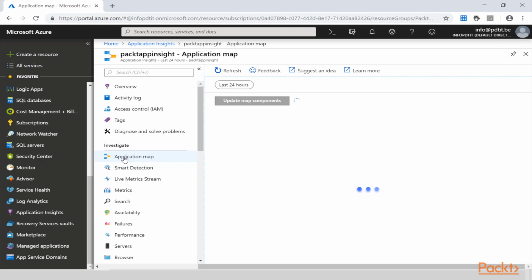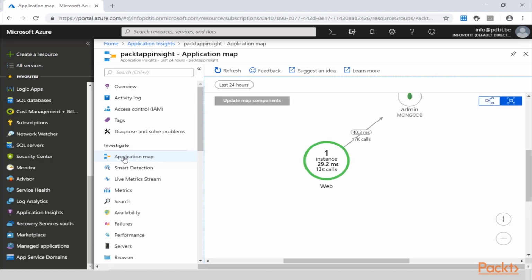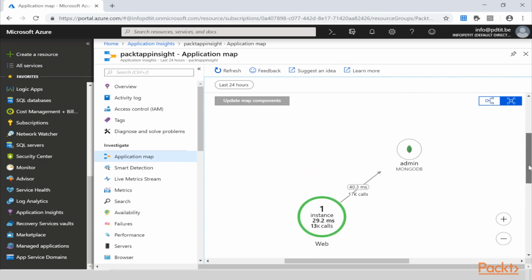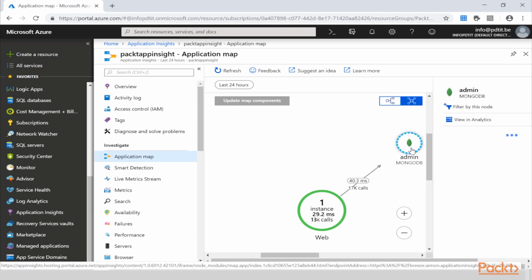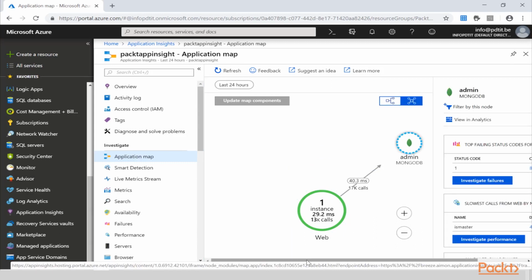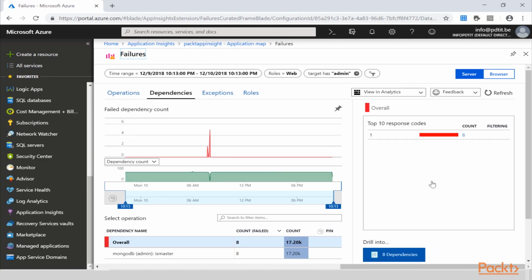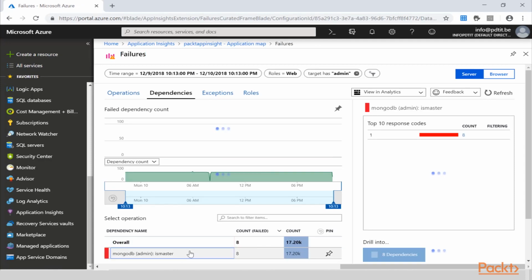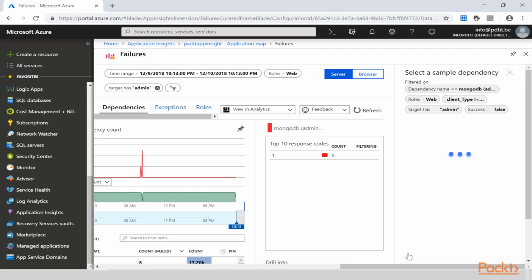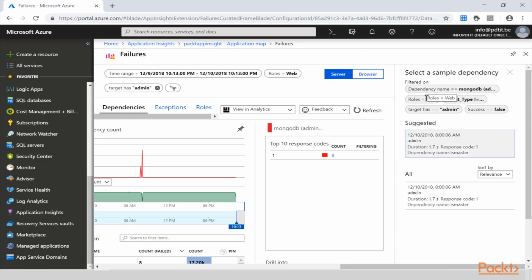And you already know that my application is a 2-tier application, where I'm using the web service frontend and a MongoDB in the backend. Now from here, besides giving me that application map, it immediately allows me to drill down and get details about that specific component, like how many issues with my database. It generated 8 issues where I can drill down, and even check the specific execution that happened, where it checks on the dependency MongoDB, integration with the web service, connecting using my admin